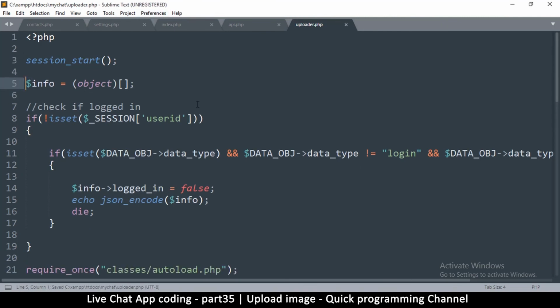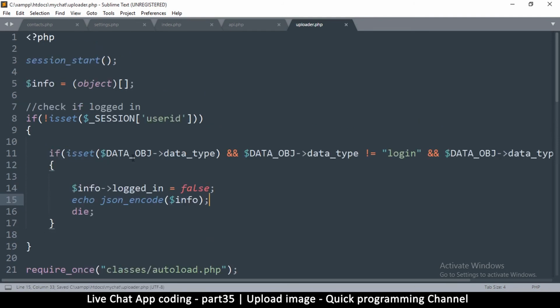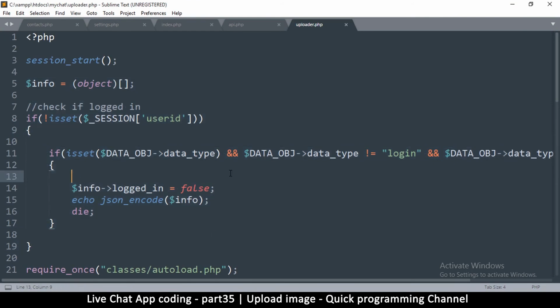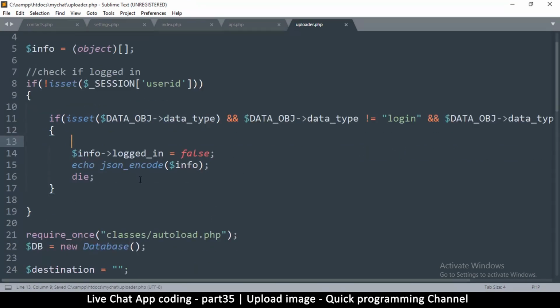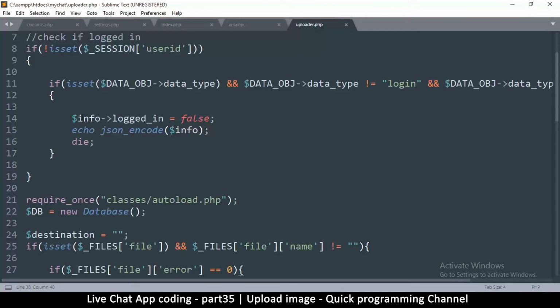Good. This way at least we get to check. Okay, so info, logged in, false, echo. All right, great. So we get to check if the user is logged in or not and do things accordingly. Okay, so let me come down here, and also echoing here is now prohibited since we are using our